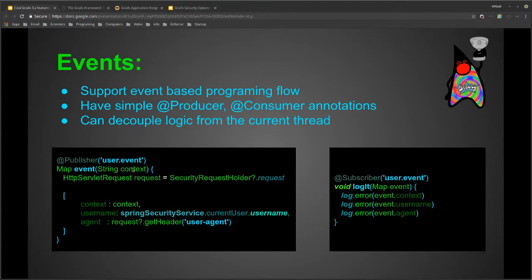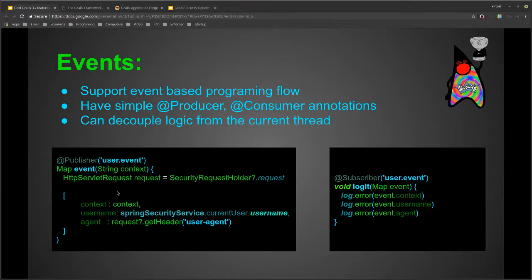I can have something like a publisher which creates an event that will return a map. For this, I'm grabbing the current request, the agent, and the current username, and the context is whatever was passed into this method.